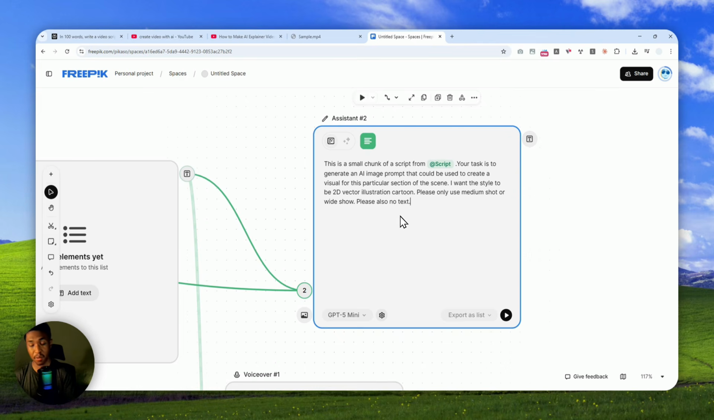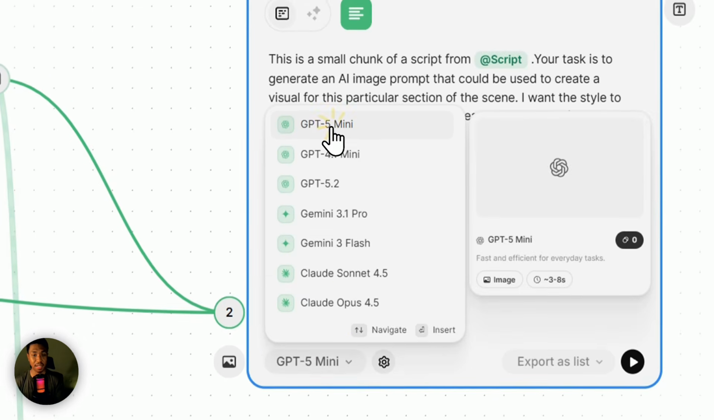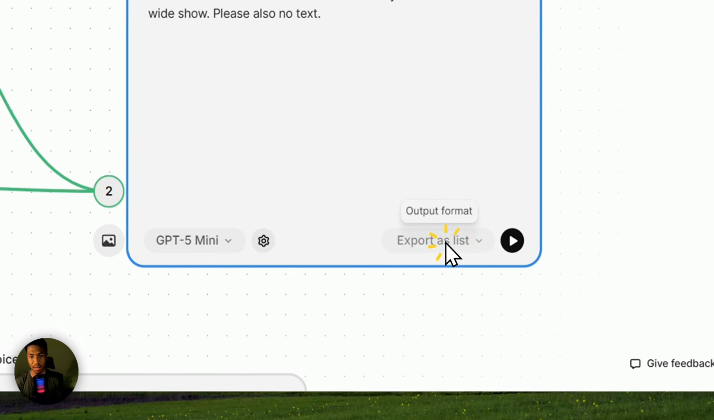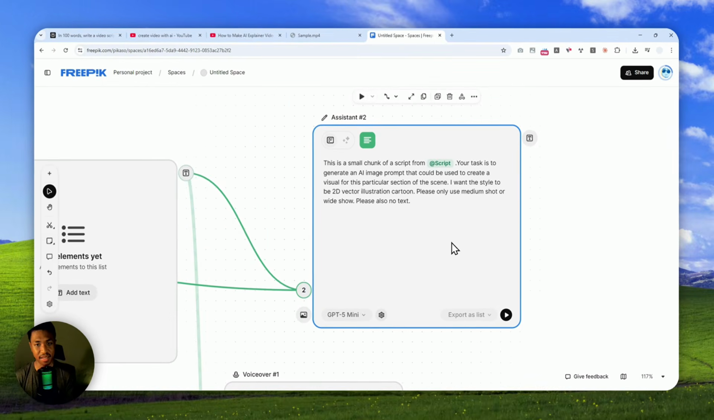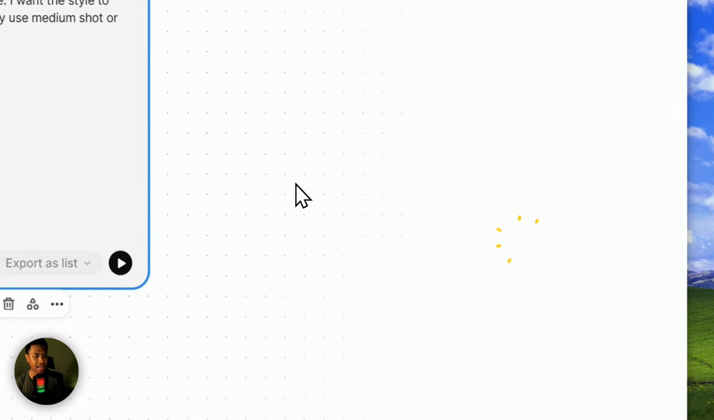Feel free to use a different prompt or different style. That's really up to you. And for the model, again, I'll just use GPT-5 mini. And the output format is also a list. It has to be a list. And after that,